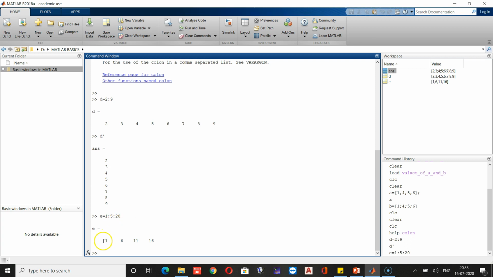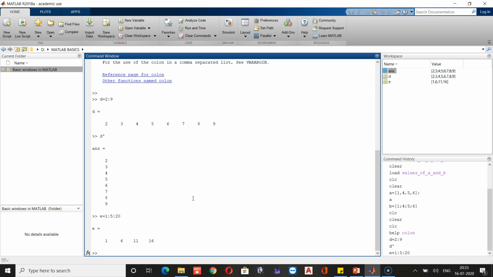See, starting from 1, the increment happened by 5, so it has become 6, and then the next one is 11, and then the increment is 5 again, 16. The next number will not be there because 16 plus 5 will be 21, which is beyond the last number 20 which we have given here, right? So this is how it is done.